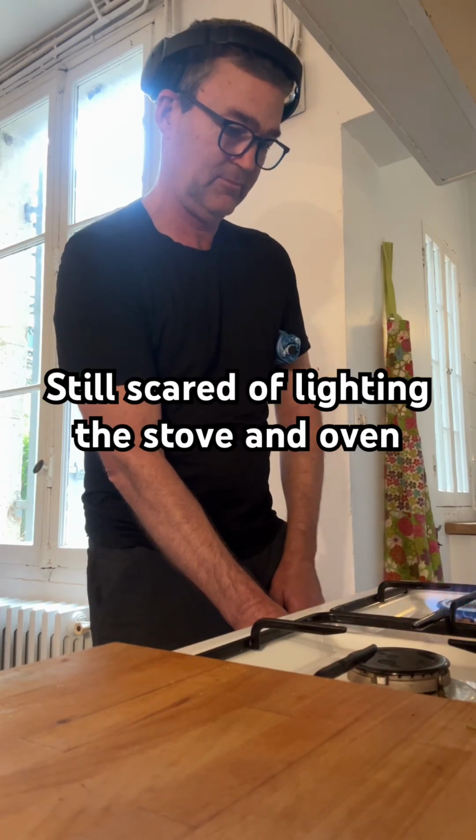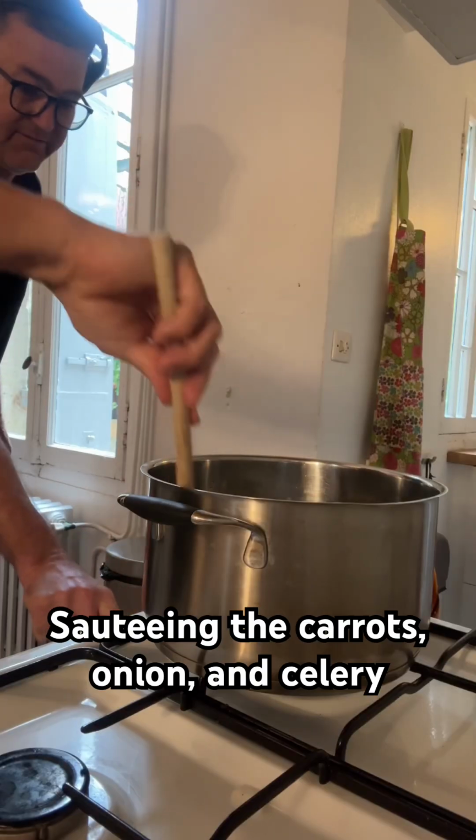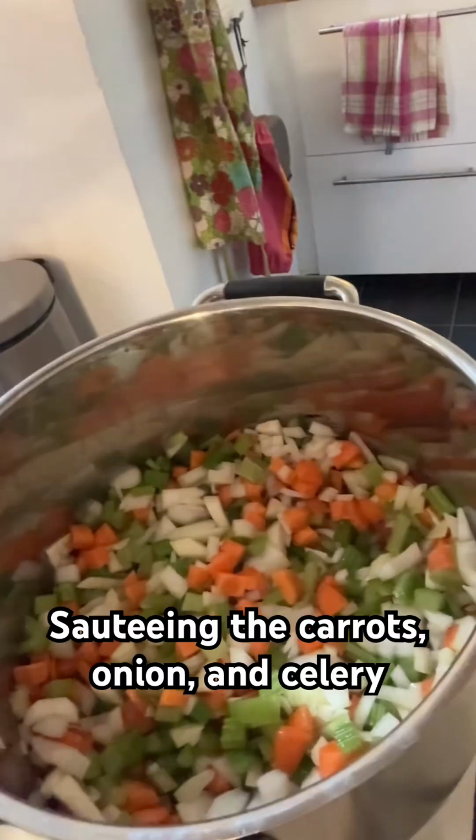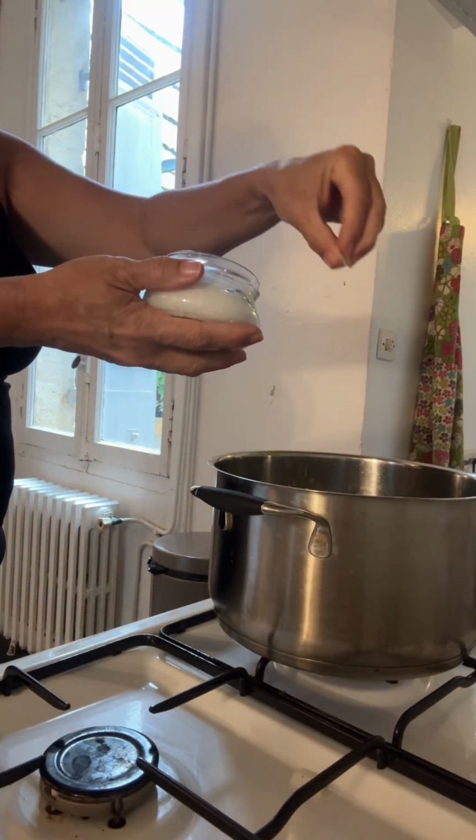I had Zeke light the stove because it still scares me, before adding some olive oil and then beginning to saute the carrots, onion, and celery. Since these are the only veggies as part of our dinner, I tend to add a lot more than the